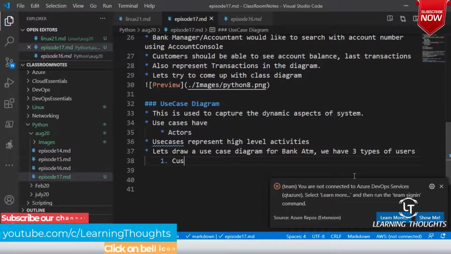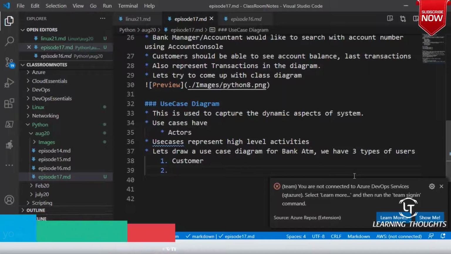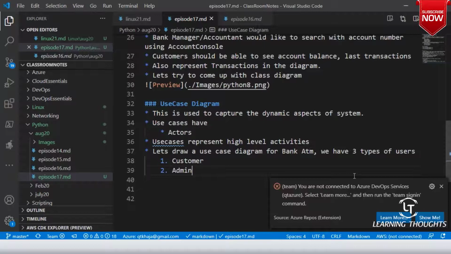The first user is the customer. The second basic user is, I'm calling him an admin. Admin is a person who deposits the amounts and all. Let me not call it admin. Let me call it cashier. And then into the ATM, we will also have an admin.